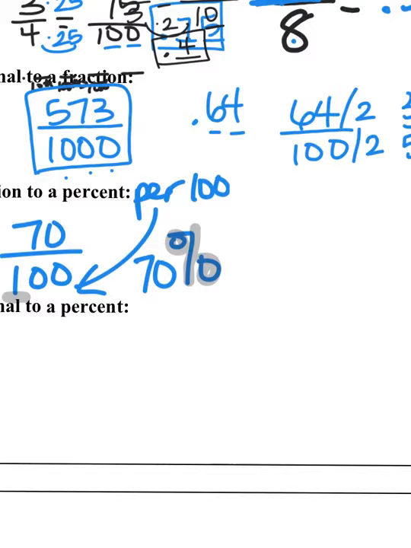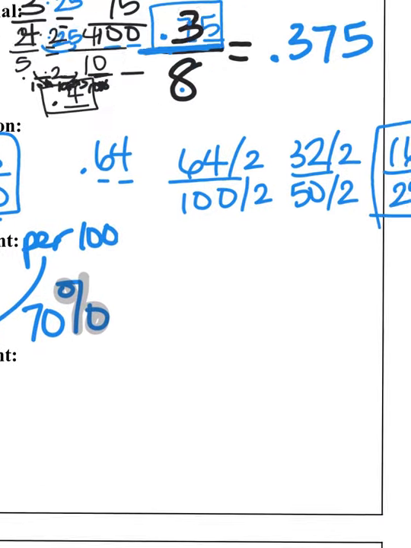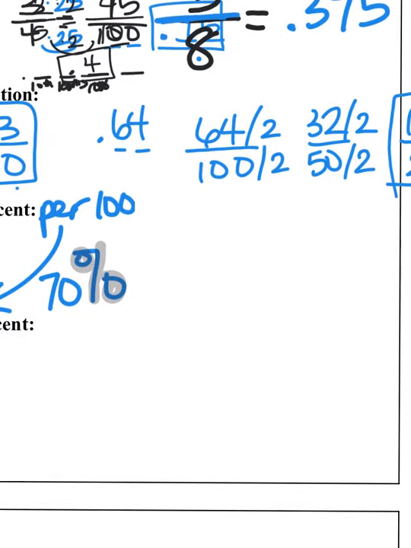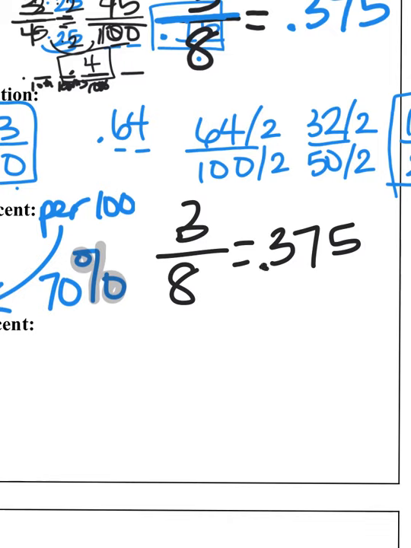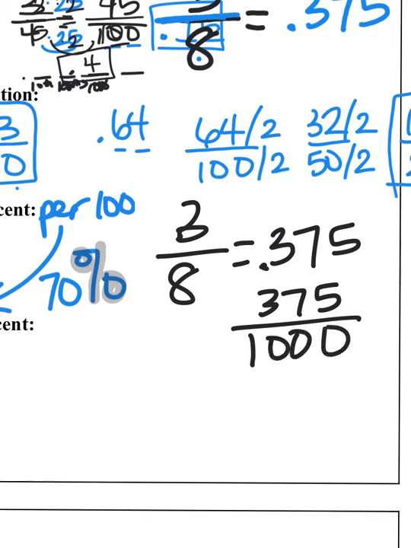Okay, so what about this problem above where we had 3 over 8 equals 0.375, right? So what if we wanted to change that 3 over 8 to a percentage? So we can get it to be a decimal, right? But what that really means is 375 over 1,000. Well, since percentages are always out of 100, that means we need to drag that decimal point back 1 space, okay? So that's the equivalent of 37.5%,